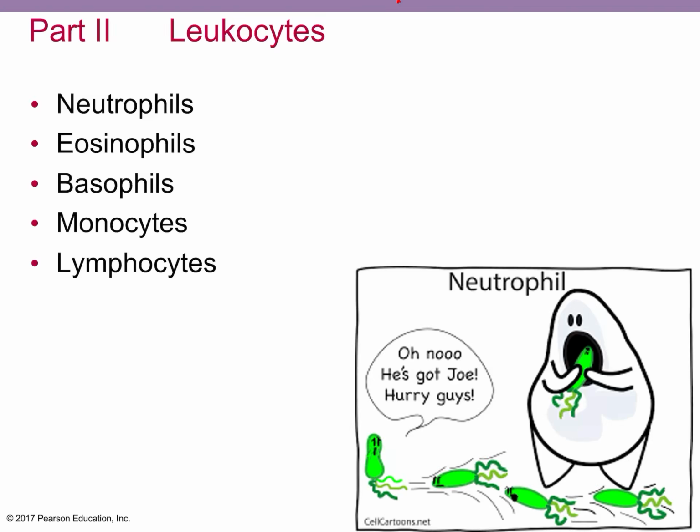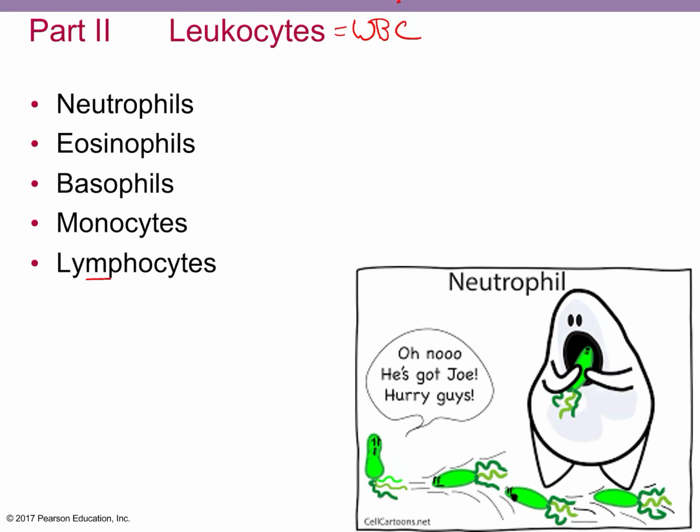All right, part 2 of the blood in physiology, we're going to talk about the leukocytes and platelets. So leukocyte is the word for white blood cell. There's a subset of leukocytes called lymphocytes, so don't get those two mixed up. In general, your leukocytes are in the bloodstream, and they are mobile, so they can leave the bloodstream and